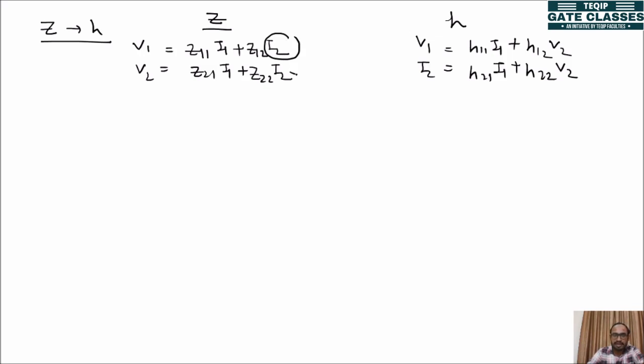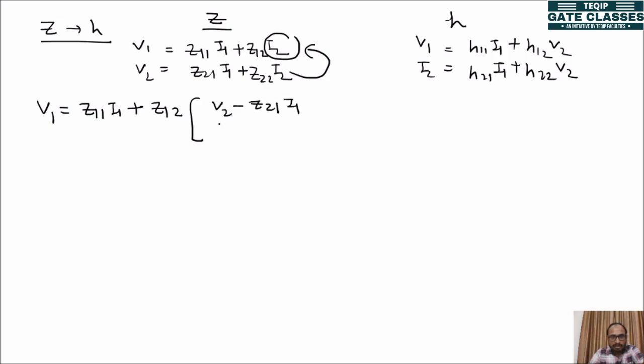So take I2 from the other equation and put it here, and you will get the desired result. If you put I2 there, you can write V1 is equal to Z11 I1 plus Z12 times (V2 minus Z21 I1)